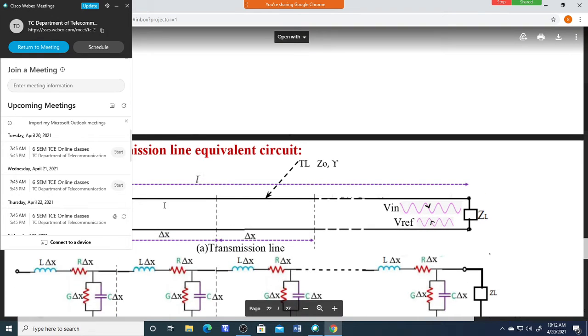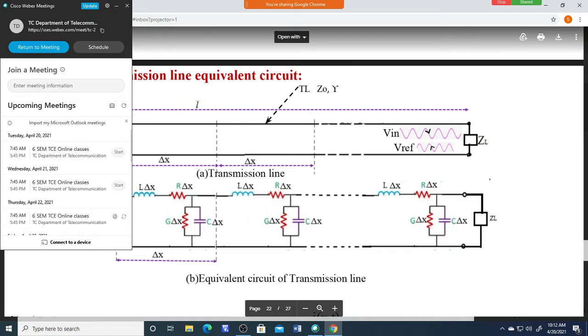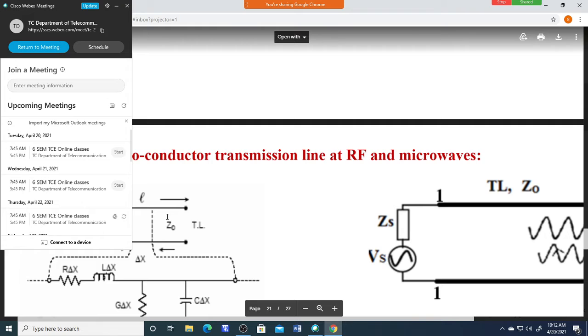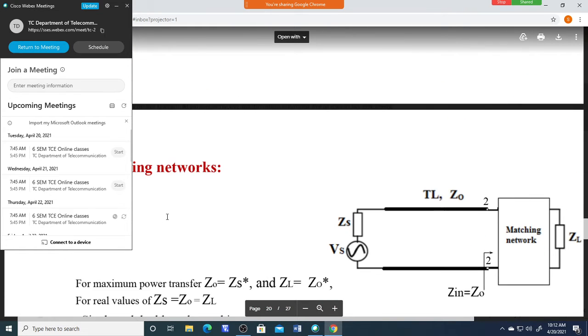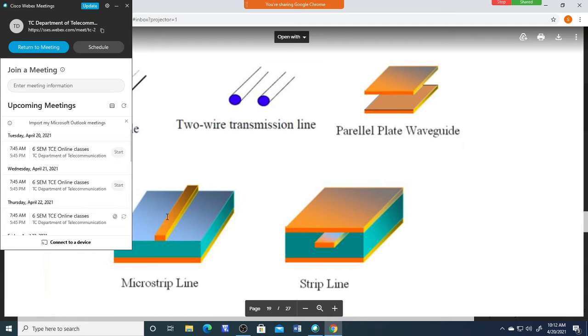Okay, so these values depend upon the structure, as I discussed in the previous class. The values per unit length, a particular value of inductor, resistance or capacitor, depend upon this structure. So this is the structure here. So the radius of these and the spacing between the two conductors. For example, coaxial cable has an inner conductor and an outer conductor. In between the two there is a gap that may be filled with any dielectric material. Okay, it may be air or it may be filled with some dielectric material.